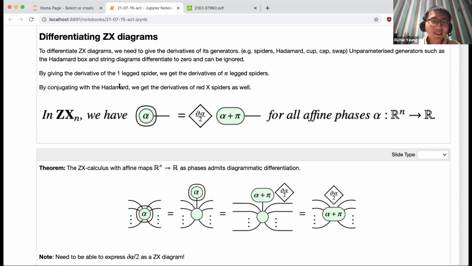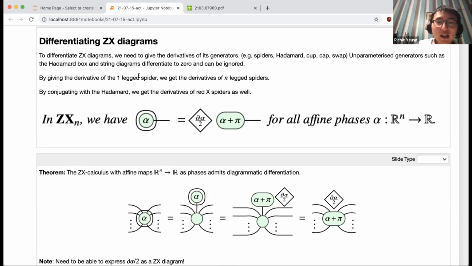Okay, I'm back. So to differentiate the unparameterized boxes, since they equal 0, you don't need to do anything there. They just become the empty diagram, like we said before. To differentiate the parameterized parts of the diagrams, for example the spiders, you need to give special rules for them. Thankfully, it turns out you can bootstrap